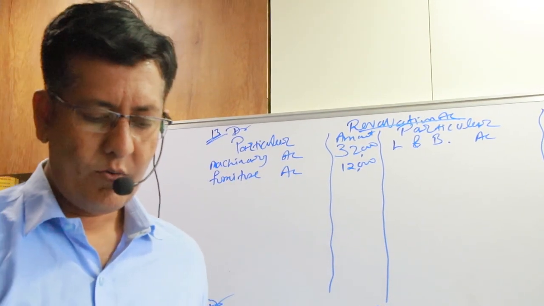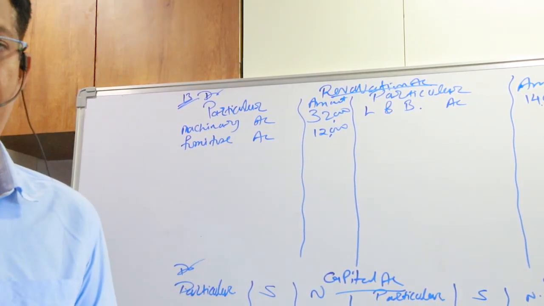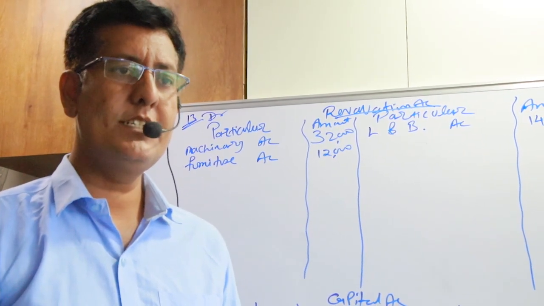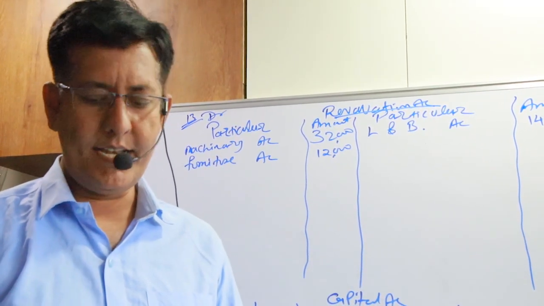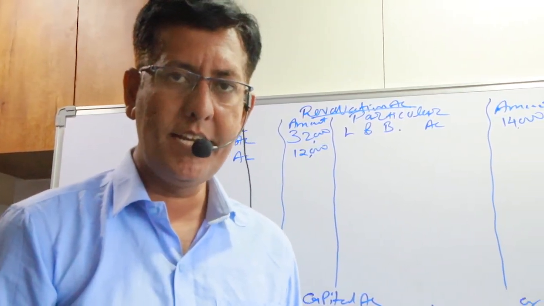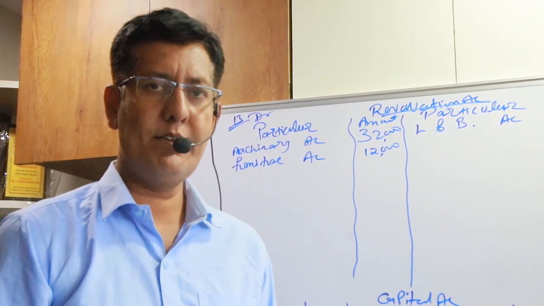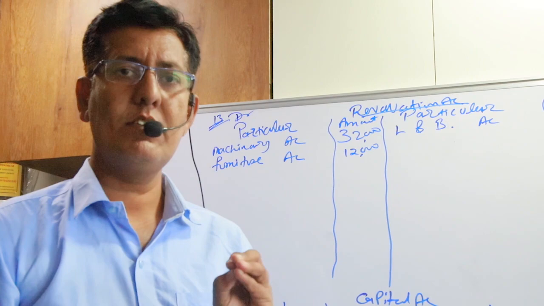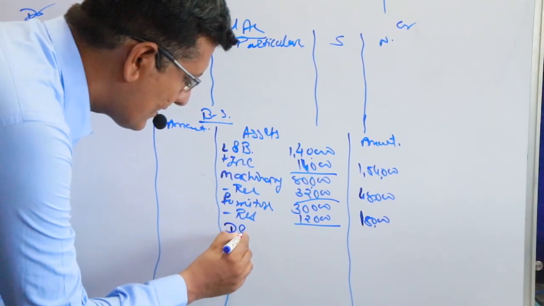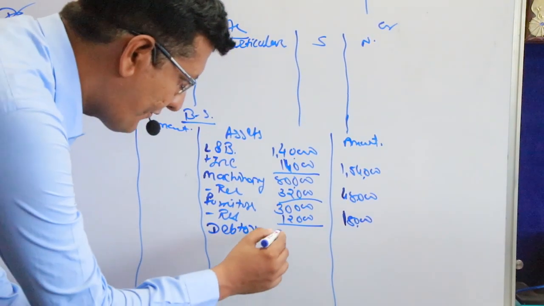Now next adjustment is there. Third one. 1,000 bad debt reserve on debtors is not required. On debtors, 1,000 bad debt reserve is not required. Look at the balance sheet. In the balance sheet, debtors is given 40,000 minus bad debt reserve 1,500. Out of that 1,500, 1,000 is not required. That means now required amount is 500. So here, debtors is given in the balance sheet 40,000